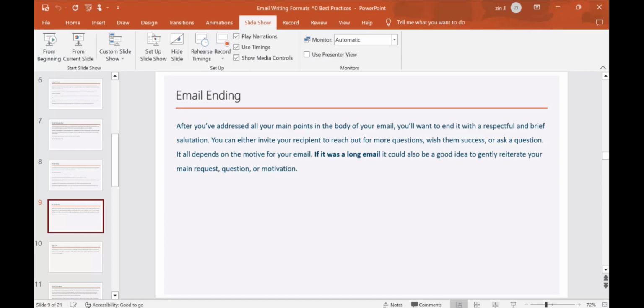Now I'm going to end that email. If you have any questions, please feel free to reach out. Or please do not hesitate to contact me if you have any questions. It's just reiterating the fact that you have discussed everything in your email, and now you're closing it out, and you're making sure that if you have any questions, please feel free to reach out to me.